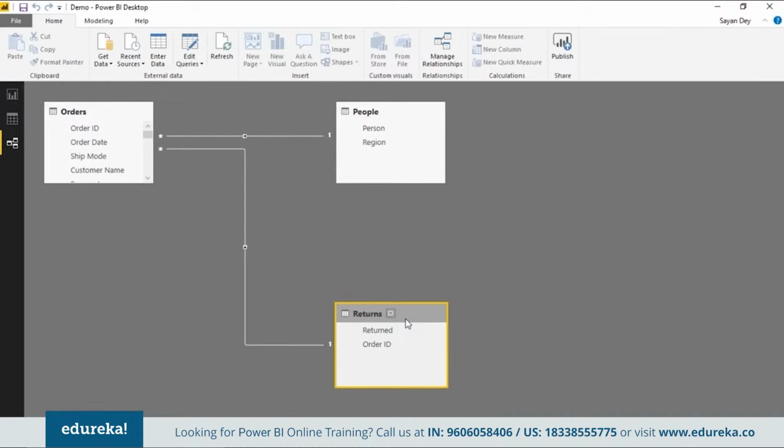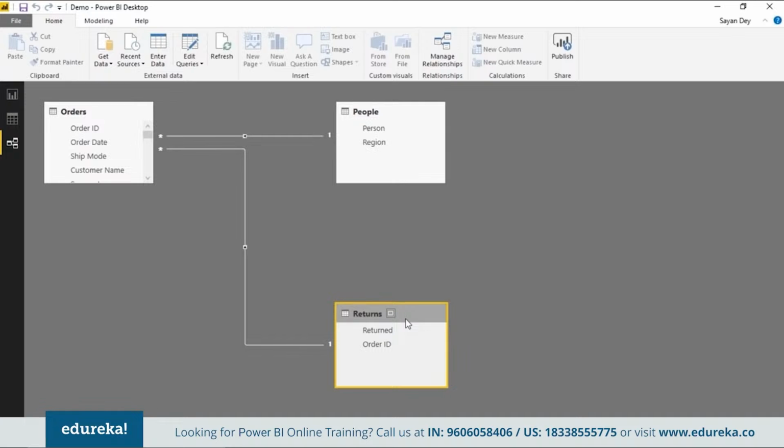Okay, and on the contrary, you can keep them in separate tables, but the obvious problem will be that because the relationships are there, whenever you're trying to query data across, when you're trying to visualize something across three different tables, it's just going to take a little bit more time compared to when you're trying to do it in one table. Okay, so there are obvious pros and cons in both approaches, but it's important to understand the relationships are very, very important. And mostly in Power BI, as I said, you will mostly have these normalized scenarios where you will typically have a lot of these split out tables, and you will typically have to combine them with relationships.